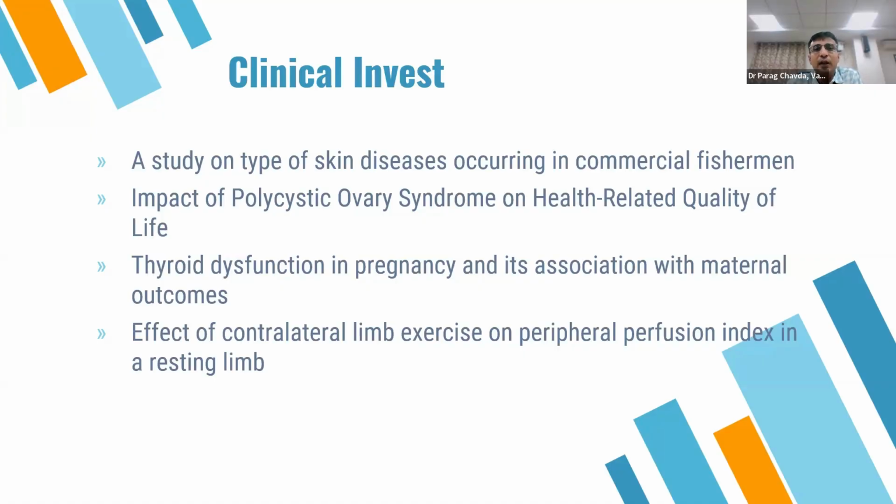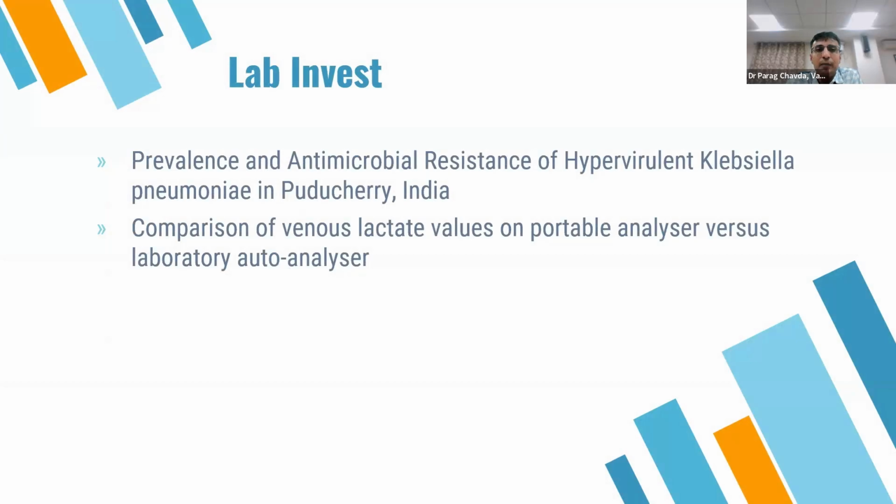So that was what we can do with clinical investigation as a study type. Laboratory investigations. One of the recent studies is on prevalence. This study is around antimicrobial resistance for one particular microorganism, which is Klebsiella. They took all the Klebsiella pneumoniae samples, and they are interested in finding out what proportion were hypervirulent. This is a new phenomenon happening, that hypervirulent strains are coming up. So this is a study coming from microbiology.